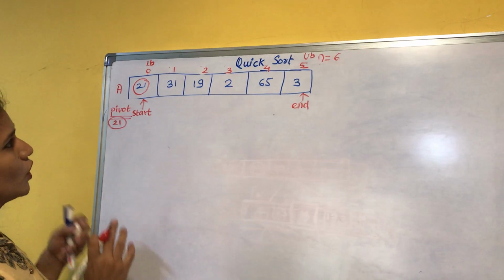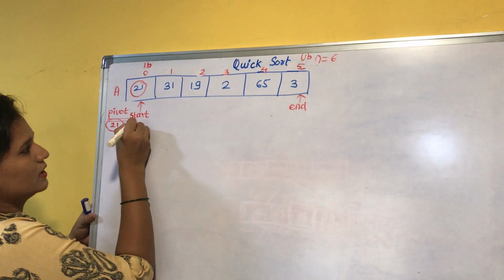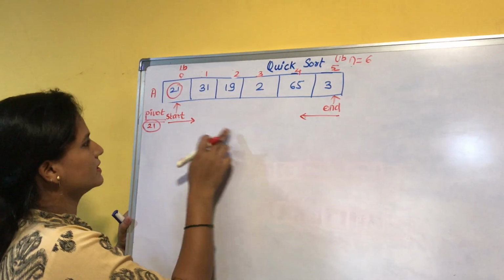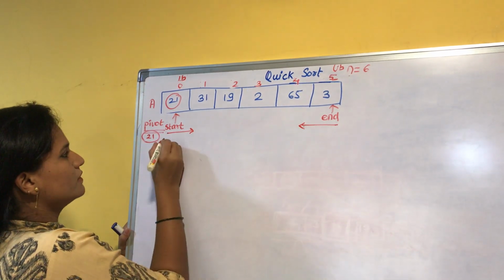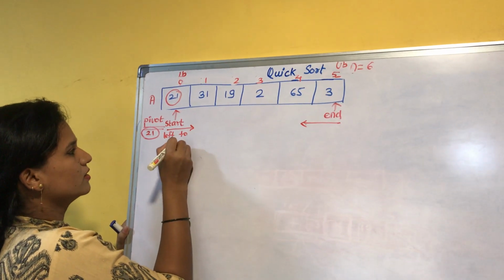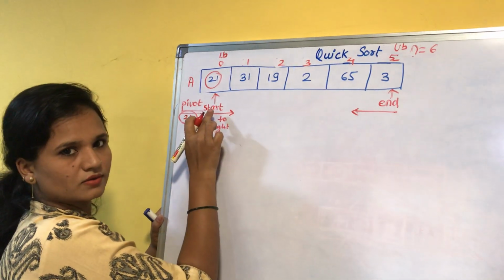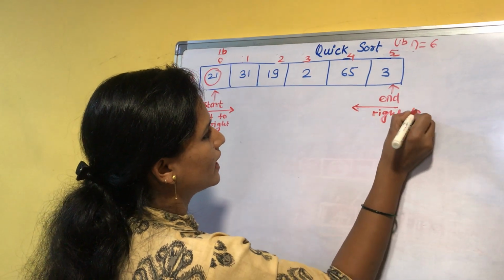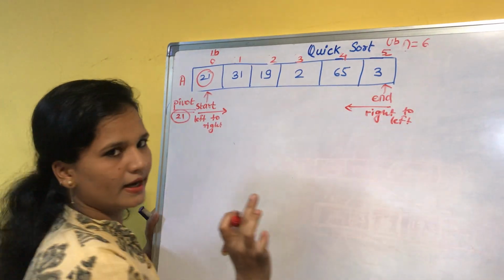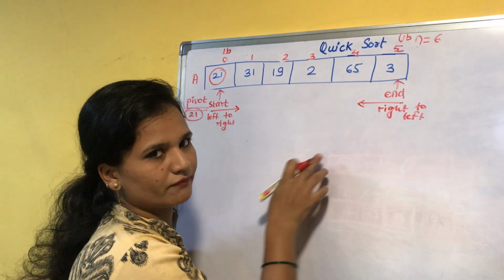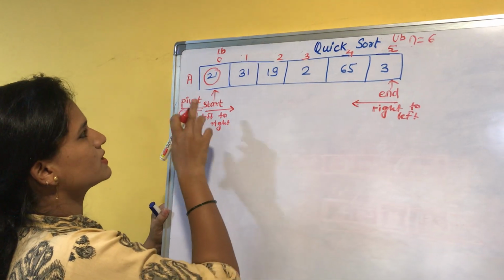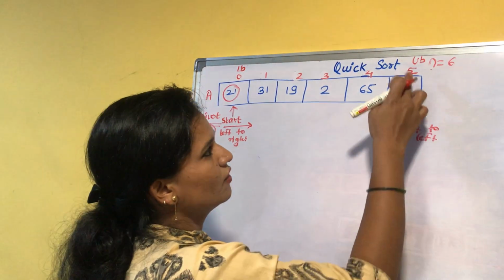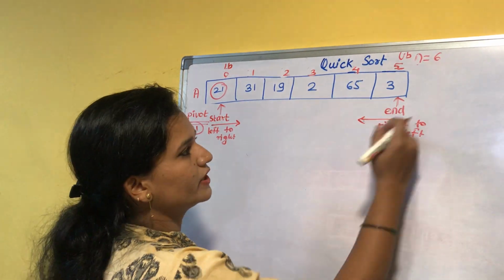Now what we will do, we'll traverse from left to right and right to left. For traversing I have taken start and end. To traverse from left to right, we have to increment start, start plus plus, and to traverse from right to left, we use end, and for that we have to decrement end by 1. Because we want start first 0, then 1, then 2, we increment start, and we want end 5, 4, 3, that's why we decrement the end.